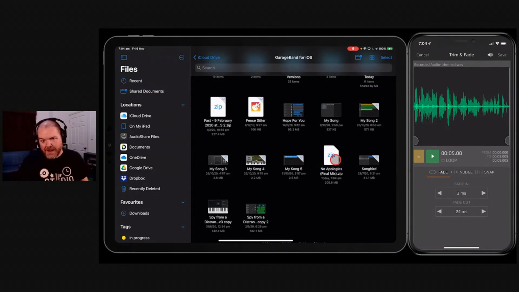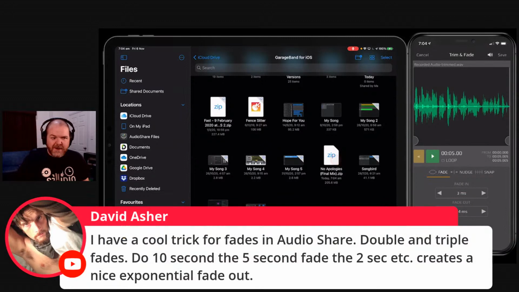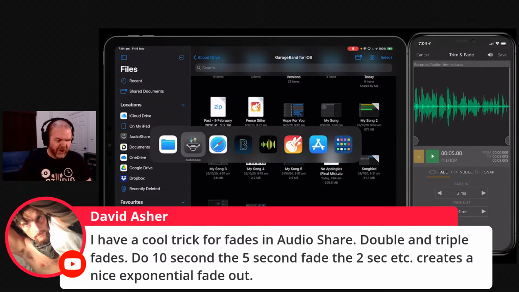We've got David says, I've got a cool trick for fades in AudioShare, double and triple fades. Do a 10-second, the 5-second, and the 2-second. Creates a nice exponential fade out. What a cool tip. So yeah, what David's talking about there is, if we jump back over to AudioShare, is